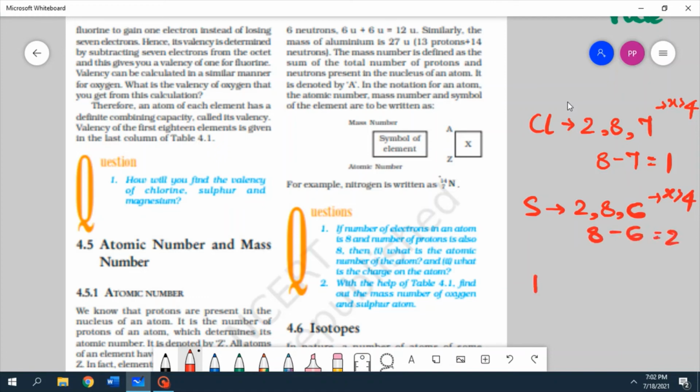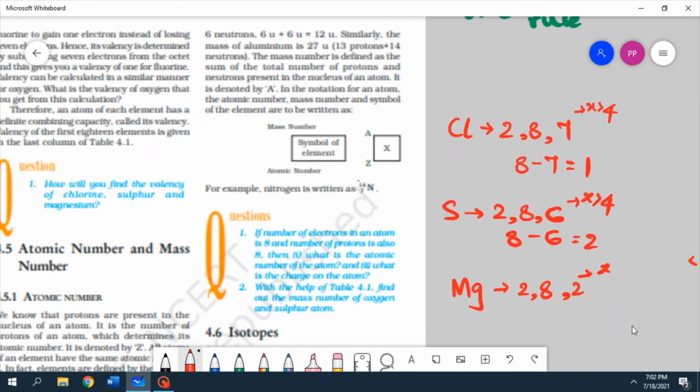For magnesium, Mg is 2, 8, 2, and 2 is less than 4. So the valency is equal to the number, so that would be 2. Alright,